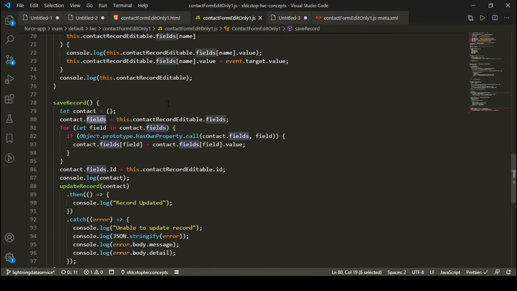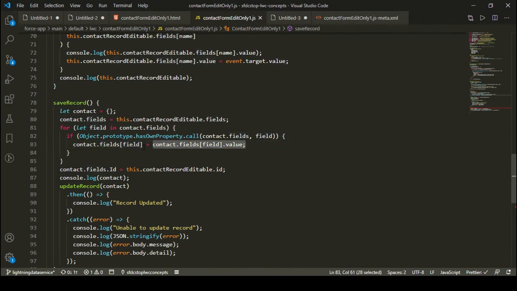So I have iterated over all these fields, which is nothing but the contact record editable dot fields, which I have assigned to this particular contact object. In each iteration, I'm first checking whether that particular key is accessible, and then I'm setting the value of that key, which is nothing but contact.fields, I'm setting the value of that field, which is the API name, to the value of that particular field, right?